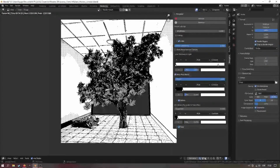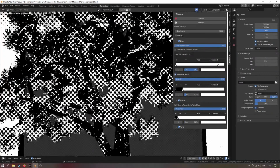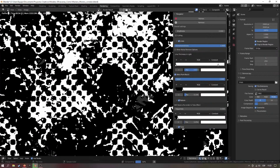Sorry. So this is pretty much everything except the vagueness settings. What it does is, well, the name is self-explanatory. It makes the tree drawing more vague, so to speak. So I don't know if it's visible here, but